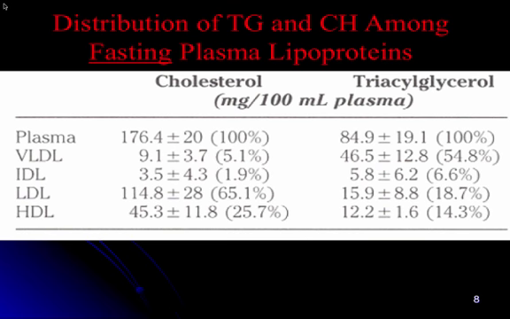Well, remember VLDL is the triglyceride rich. So if there's any VLDL there, they're loaded with triglycerides. So that's about where half of the triglycerides are in the blood. A little bit in IDL, a little bit in LDL and HDL. Remember, they're mostly cholesterol.